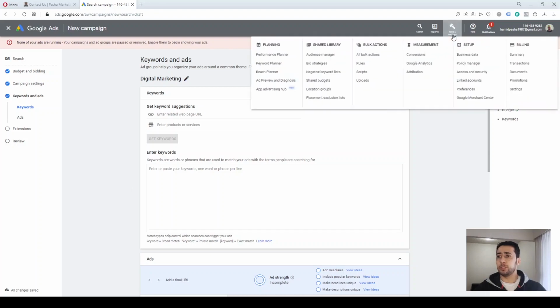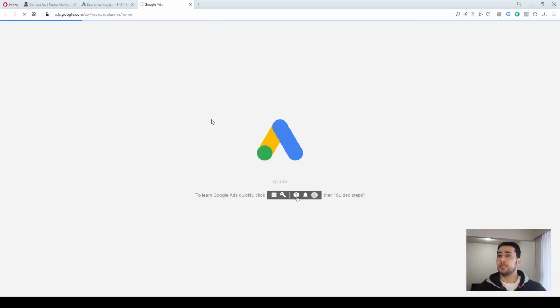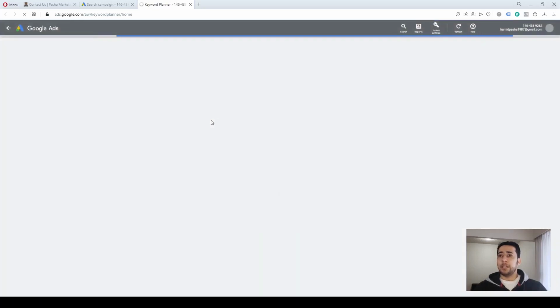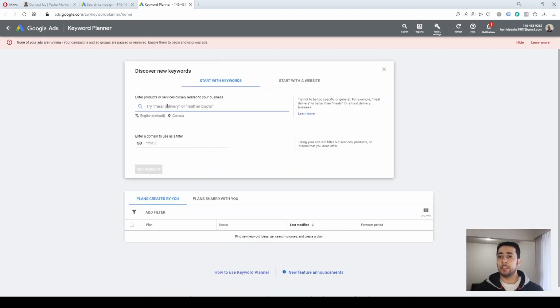One useful tool in Google Ads is Keyword Planner. Here, Google gives you very useful recommendations and suggestions on what keywords you could target for your campaign. By clicking on Discover New Keywords, we type one keyword that comes into our mind, let's say digital marketing agency. By pressing Get Results,